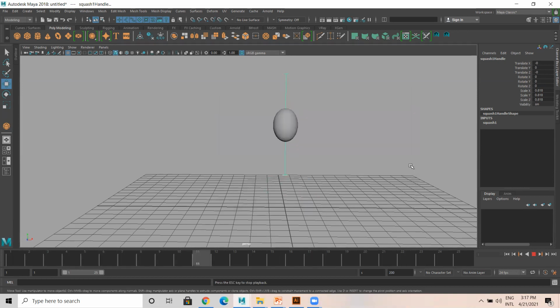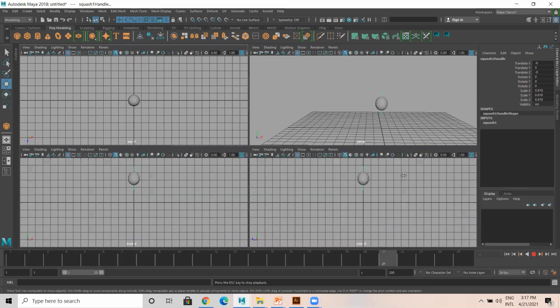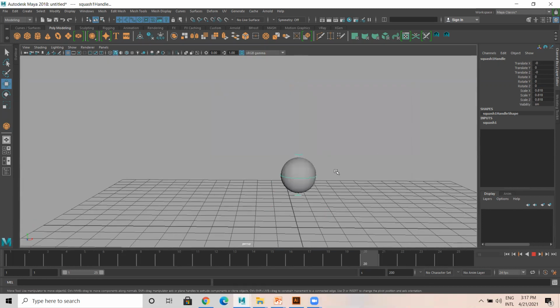Now there is some movement here. Right? It's a very clear squash and stretch happening. Okay. Any doubts up to here? No, sir.